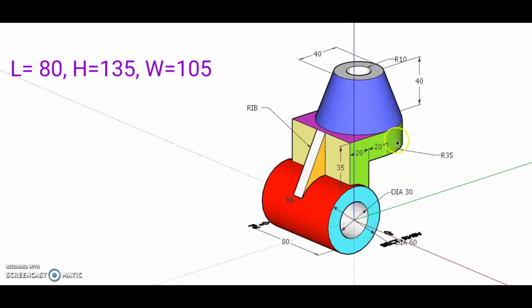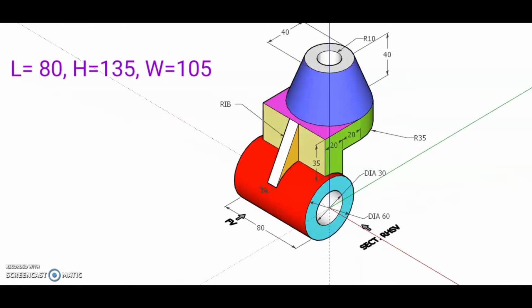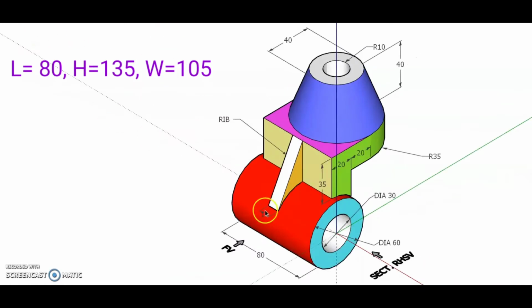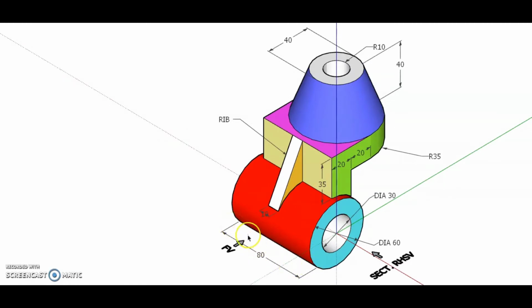And the radius of this semi-cylindrical portion is 35. So overall width is 30, 50, 70 and 35. The total is 105 millimeter. So three basic dimensions are traced out here. Length is 80 millimeter.